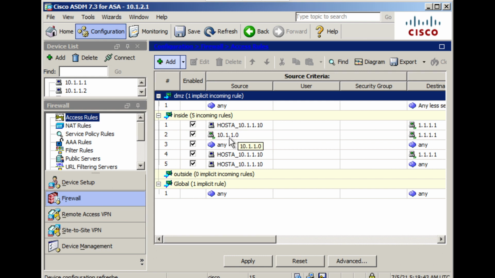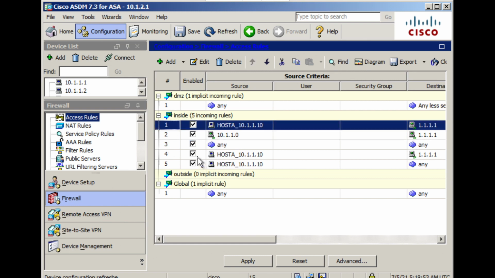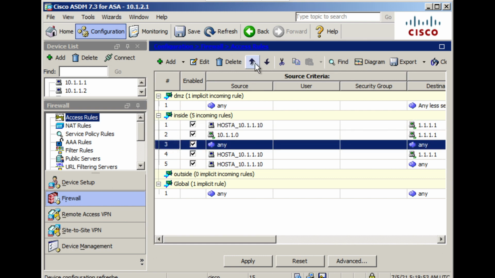Okay, now what we want, you can see that we have 5 different rules associated to an inside interface. See, 5 incoming rules for the inside interface. Now if you wanted to rearrange them, yes, I can do that, but you don't need to worry about deleting and then recreating the rule at the specific place. Instead, I have the option of, what is that? Can you see that? Move up, or I can also cut and paste it. Wherever I want, I can do that one.